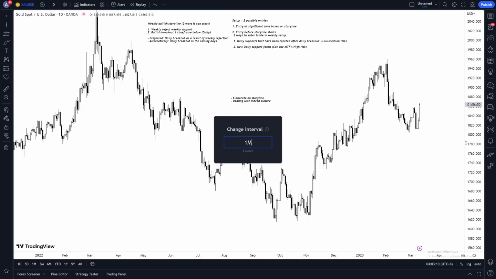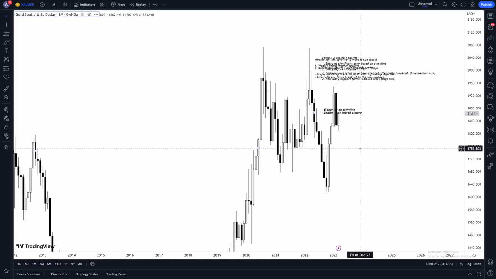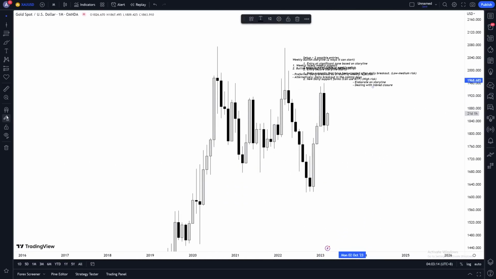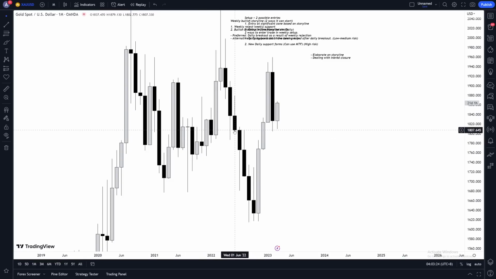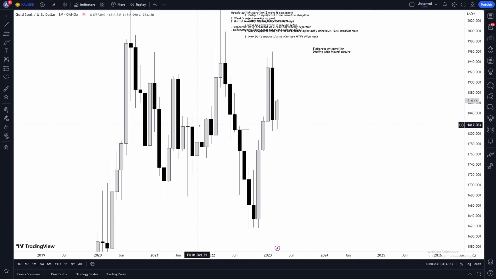Watch this. Monthly. Okay, monthly. The first thing I did was this. Realize here we broke. We have ourselves a support become resistance. That's the first thing. But the second thing I noticed is open close. I'm telling you exactly what I saw, so don't say, oh, but Avi, there's this and that. I'm telling you what I saw at that time. Open close right here, right with the engulfing.